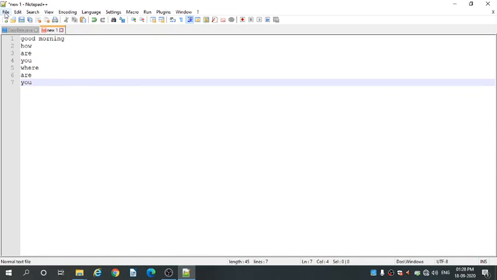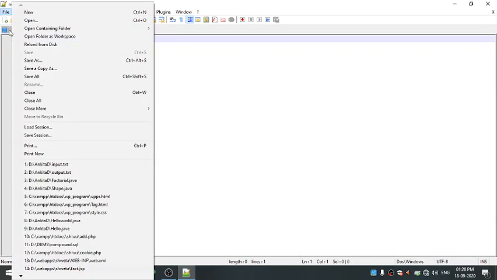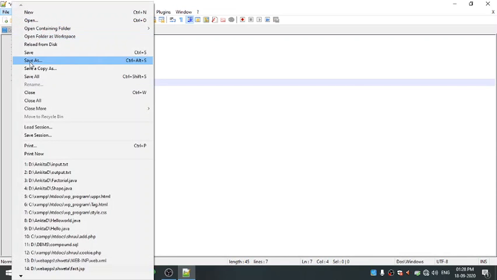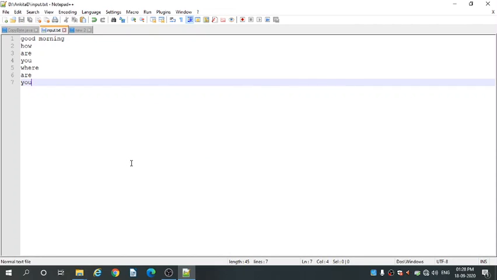You have to save this file with the file name input.txt. Inside your folder, you have to save this file. Give the file name as input.txt because it is a text file, not a Java file. Okay, so give the name input.txt and click on Save. Another file you have to create.